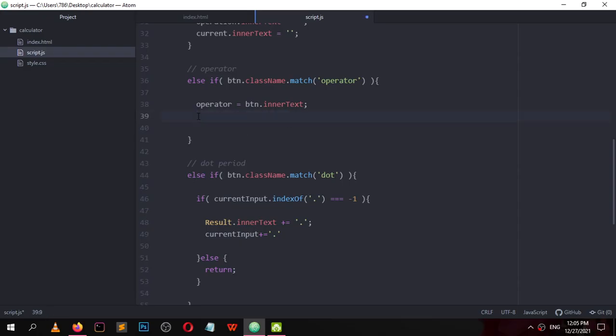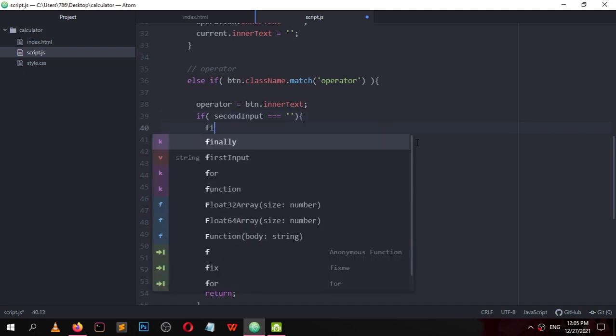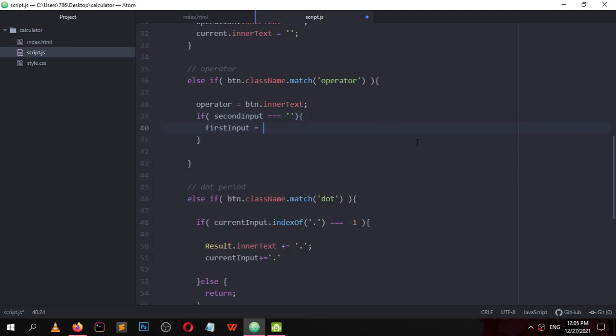Remove this and check if second input is equal to empty string, first input equals current input, and then set this thing.